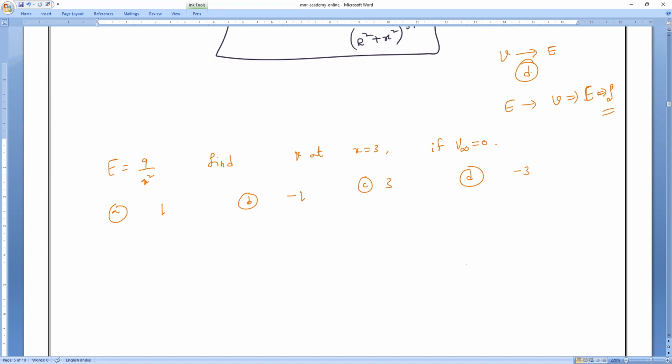So limits you can take it and you can do it. So limits from where to where? Anybody? From infinity to, we have to bring it to where? V is equal to, everyone, from